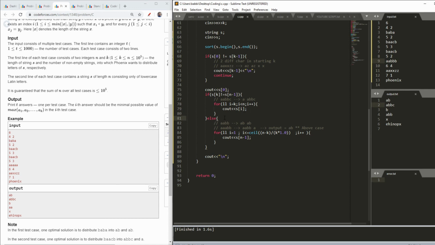But if the remaining letters are all equal, then I just simply have to distribute in my sets and I have to just print the final answer. So as I showed you that I will iterate from 1 to the ceil of n minus k divided by k, because the remaining elements are n minus k, and I have to divide in my set number of sets, which is k. I multiply it by 1.0 because the ceil function accepts the floating point number.